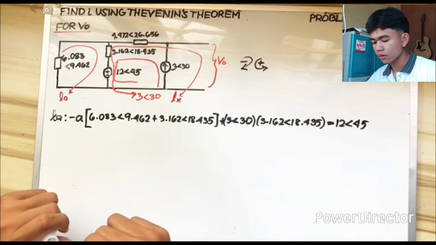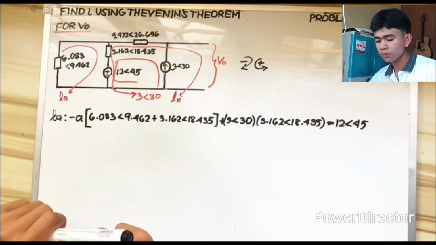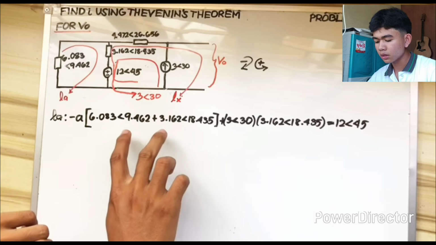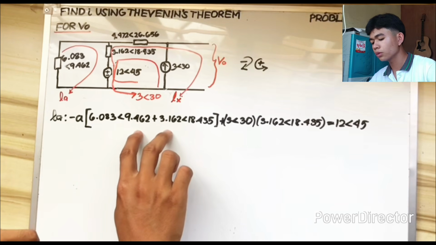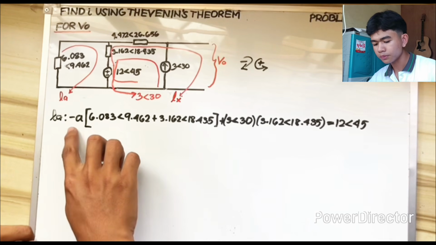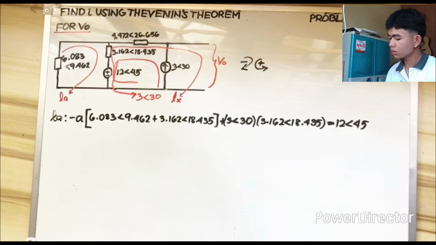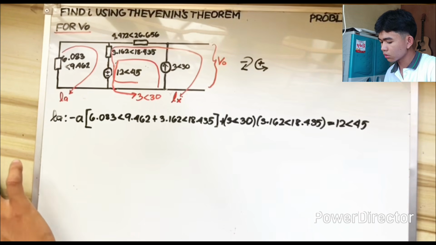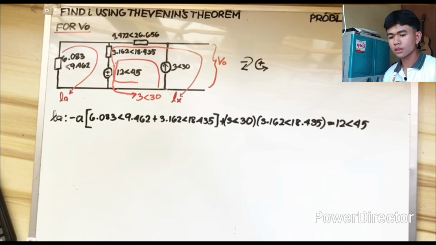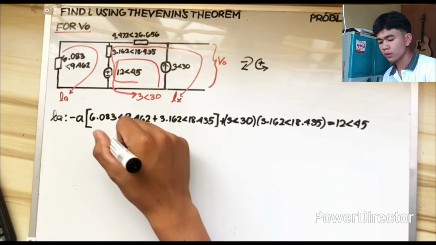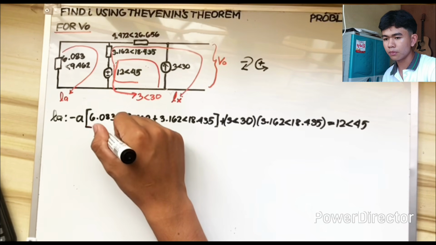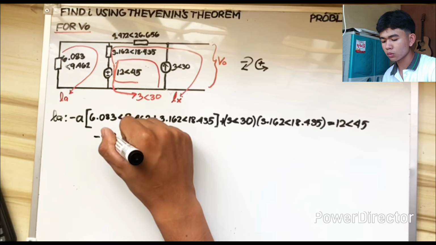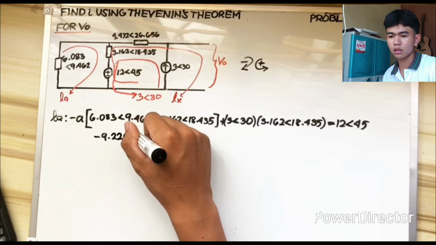The next thing we will do is add this inside the bracket and multiply it by negative A. So we will get the value of negative 9.220 angle